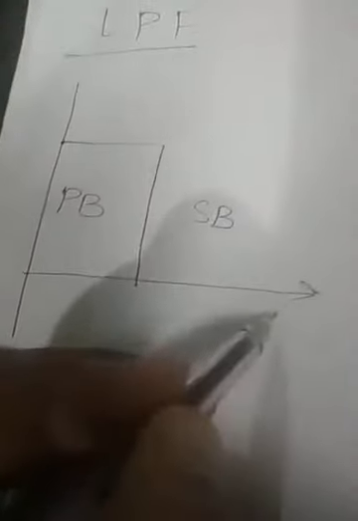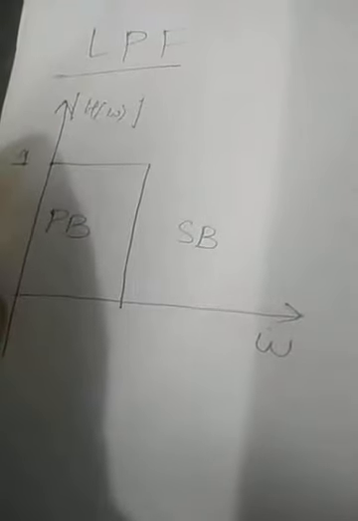What is the basic definition of low pass filter? It has one pass band and one stop band, right? What is the value we'll write? We'll write omega with respect to h of omega. I want to find the magnitude response. Always we'll take the amplitude value as 1. Here we do have the cutoff frequency, omega c. So what is the condition we'll write?